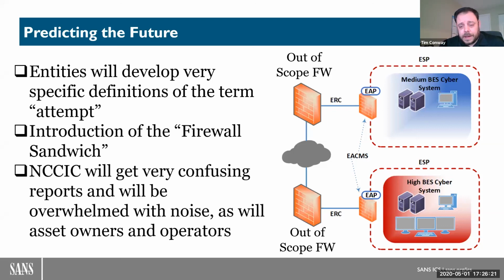And last, without taking either one of those steps of either a really specific definition of attempt or some type of firewall sandwich architecture modification, the result would be a very, very confused industry with lots and lots of reports going to the NCIC of every single attempt, every single scan, every single deny, or lots and lots of research and teams going out to validate or verify whether something was an attempt or whether it was a misconfiguration. Tons of noise will generate for this, and it's going to be an environment that we all have to kind of mature in and understand what this means.